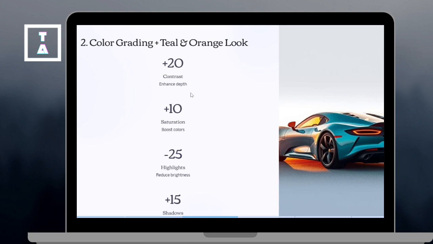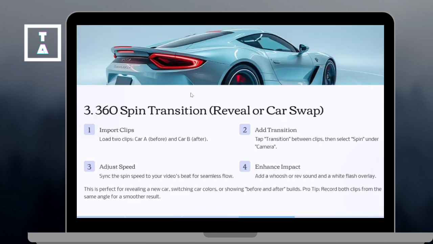And number three is the 360 spin transition. This is a reveal or swap car effect. This is perfect for revealing a new car, switching car colors, or before and after builds. Just import the two clips, car A and car B, and tap the transition between clips and go to Camera